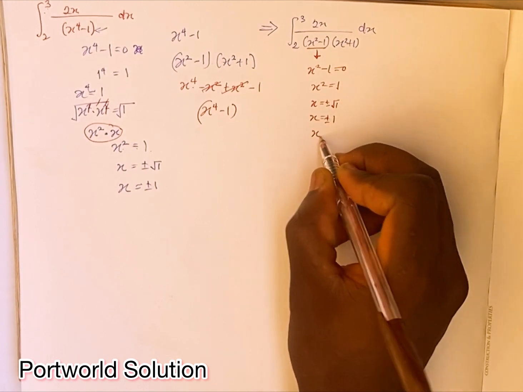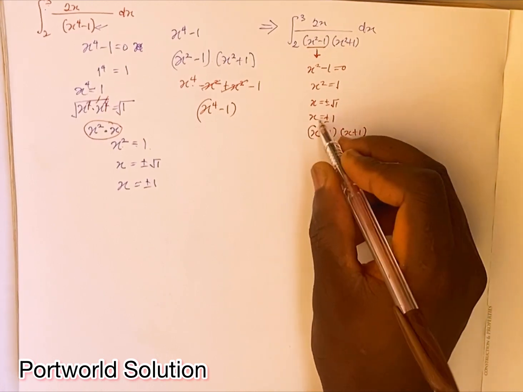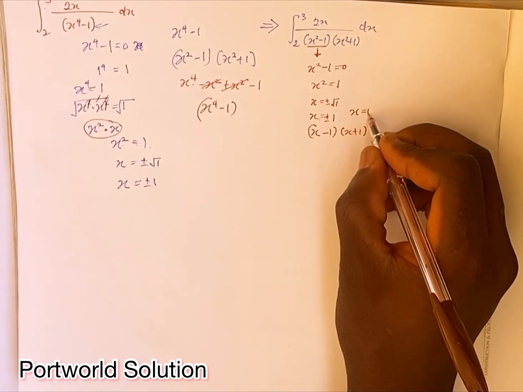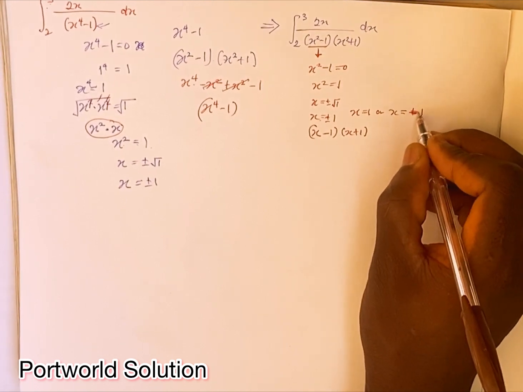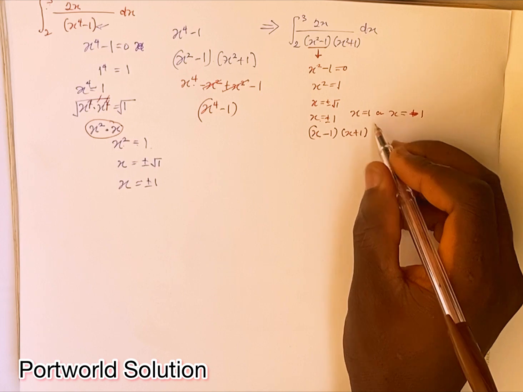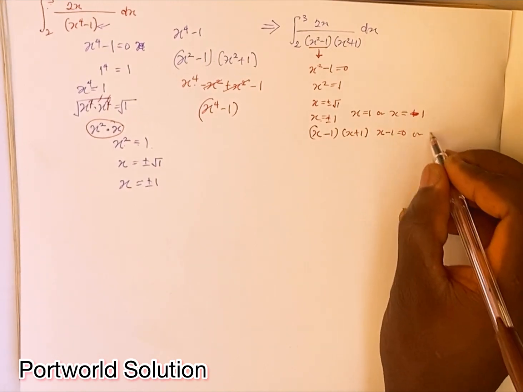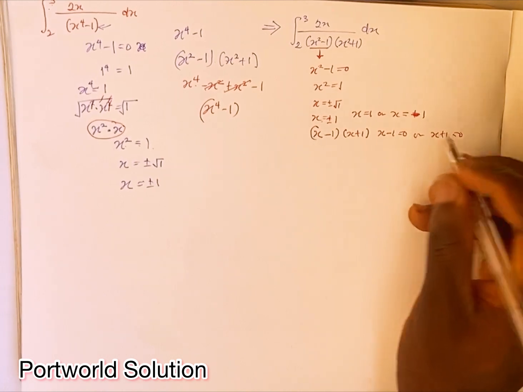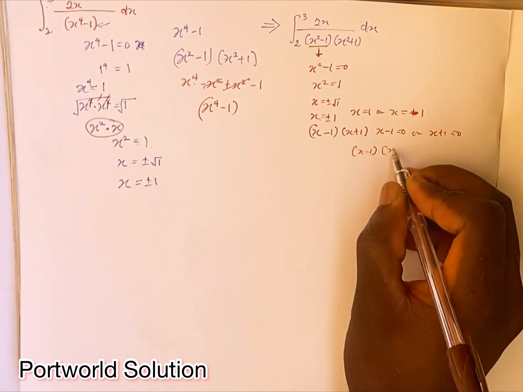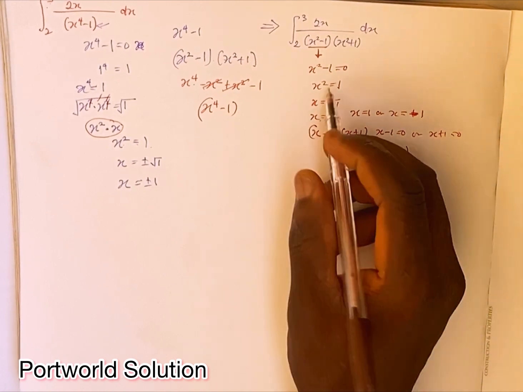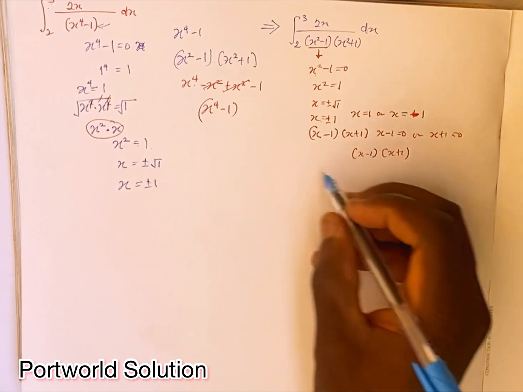That means my x minus 1 and also x plus 1 can work, because here x equals 1 or x equals plus 1, minus 1 rather. You get now. So by the time I bring this side to this side, I'm going to have x minus 1 equals 0, and here x plus 1 equals 0. So I can just have the factors to be x minus 1 into bracket x plus 1. So by the time I expand this, I'm going to have my x squared minus 1 back. So I can just rewrite everything here as